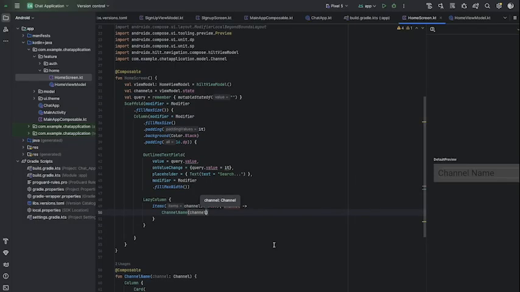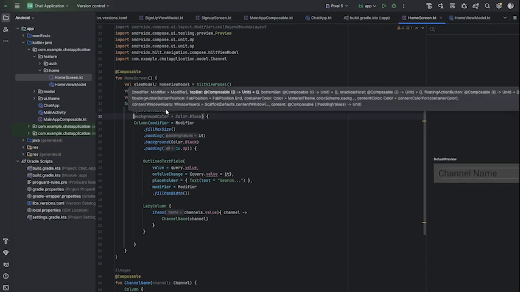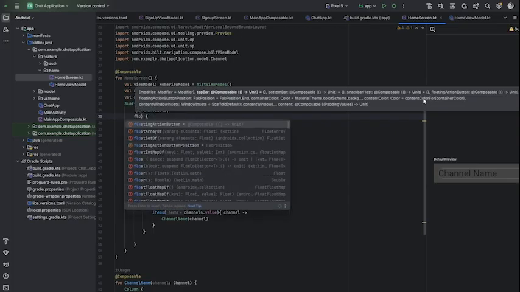So the logic for getting all the old channels has been done, but what about adding the channel? One thing about Jetpack Compose is that in XML you have to create a fab, a floating action bar, but in Jetpack Compose everything can be done within the scaffold. So we can put a comma here, then you can see everything here. There's a top bar, we're not interested in that. So what we use is a floating action bar,